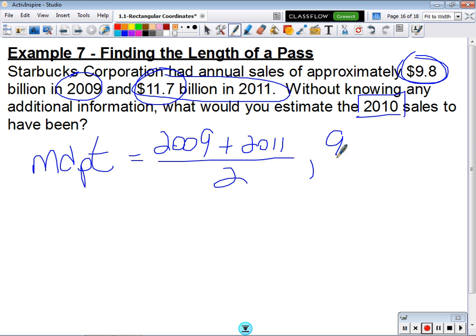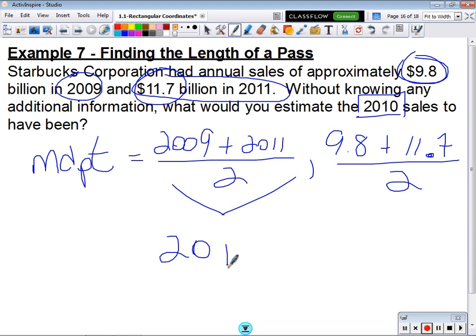So I have 9.8 billion plus 11.7 billion over 2. So when I go to work this part out here, this is going to come out to be 2010. And then when I work this out here, this is going to be 9.8 plus 11.7, that's 21.5 over 2. And then when I divide that out, this comes out to be